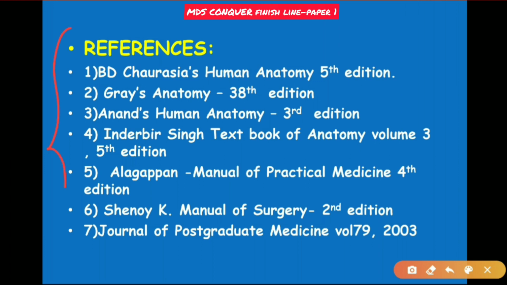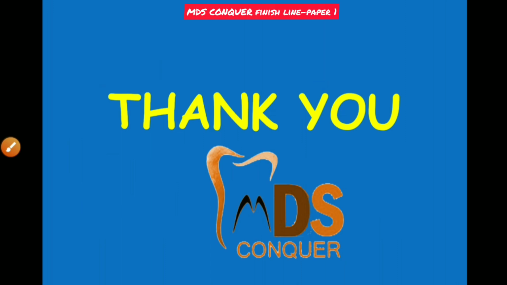So these are the references for this video. This is for the complete topic, covering all the arterial supply and venous drainage of the head and neck. Though it is a little bit confusing, it is better to write all the arteries and veins together like a classification, and at least read out the names, so that it will be useful when they ask about the blood supply of the veins.